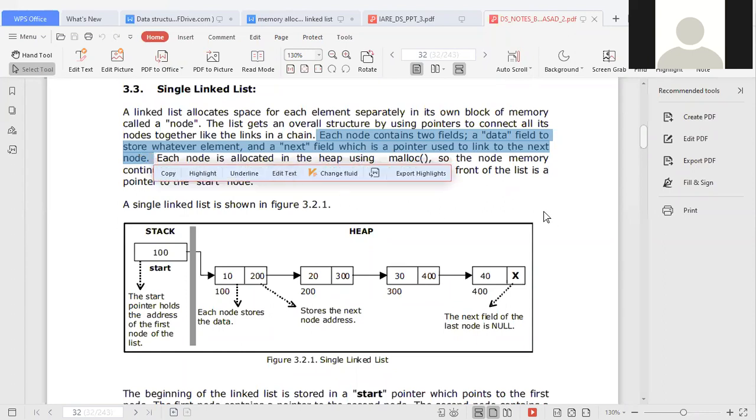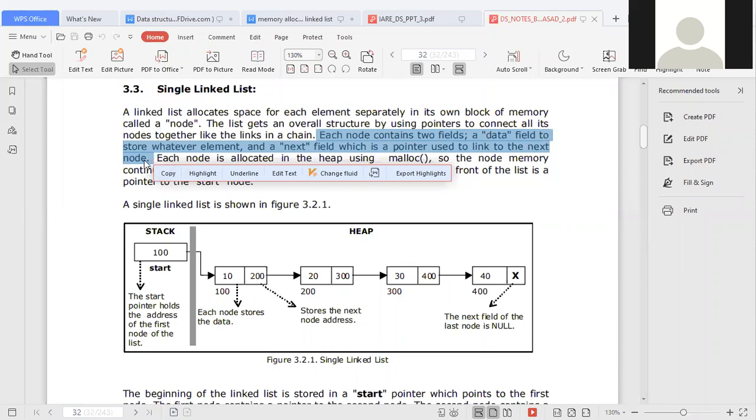So what was highlighted by me? Just read. Mr. Sandeep, what is there to read here? Each node contains 2 fields. Yes. A data field. These are the 2 fields.